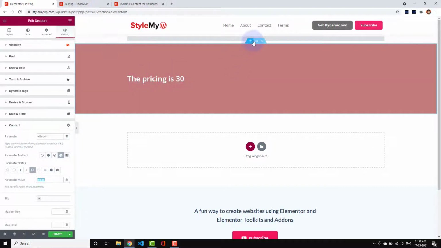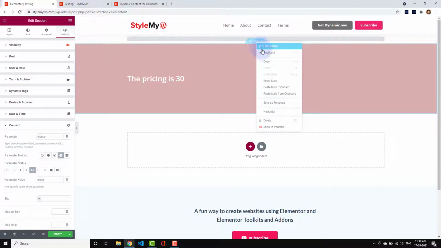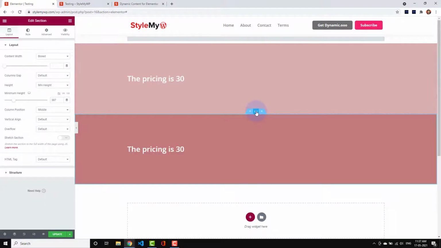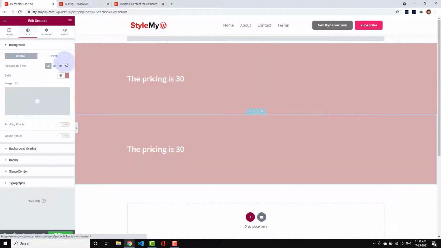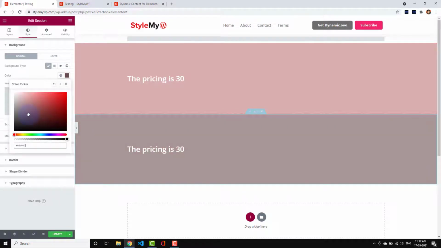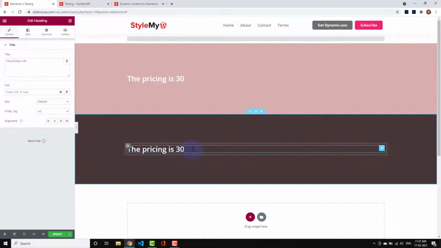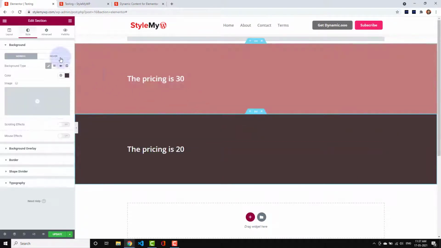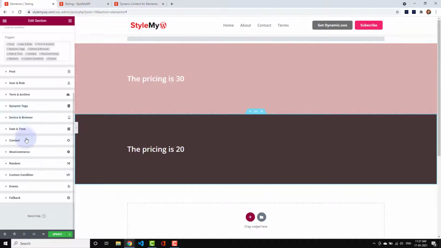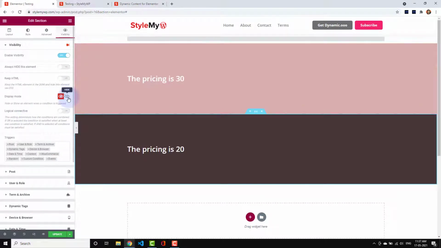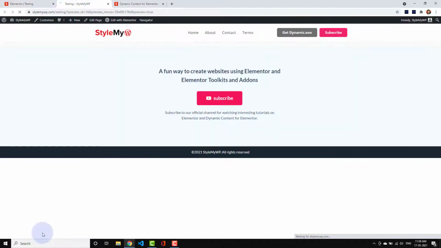So we have set a condition that this section will be shown when the cookie is set, and let's create another section. Let's say if the user is a new user, we don't want to give them much discount and keep the price 20 for sale. These are just dummy sections, and I added this part. I just need to make it hide, right? If the user is not old, this section will be hidden.